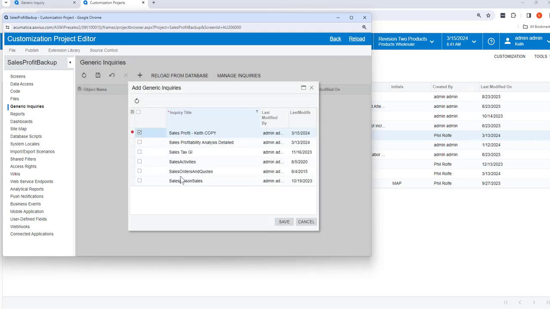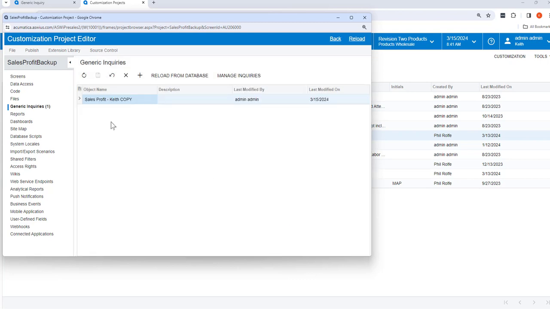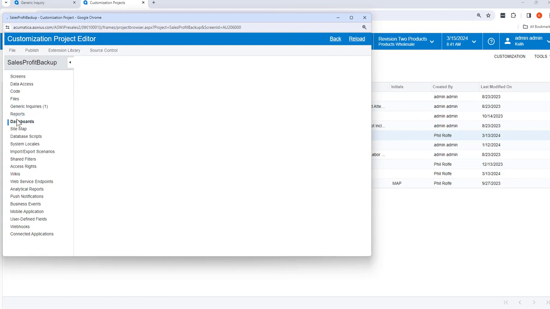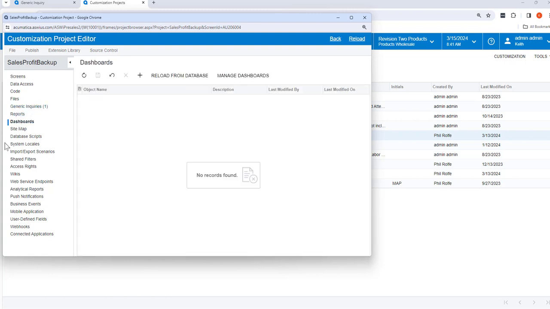You've got to checkbox the ones that you want to keep. You can do multiple ones all at once. And then when you're done, save them. At this point, Acumatica is going to keep a backup copy of your generic inquiry, of your dashboard, whatever you want to keep right here. But another